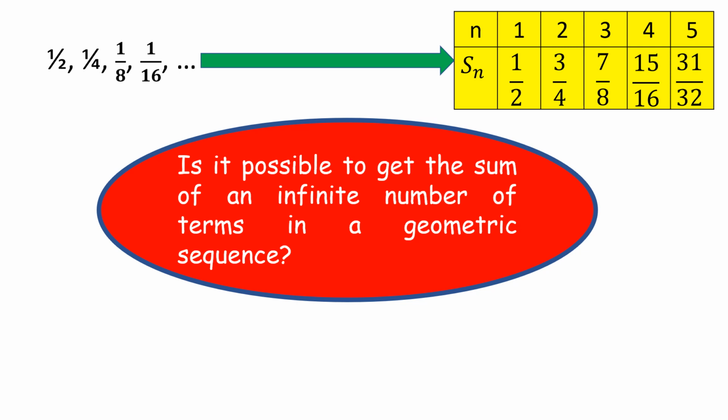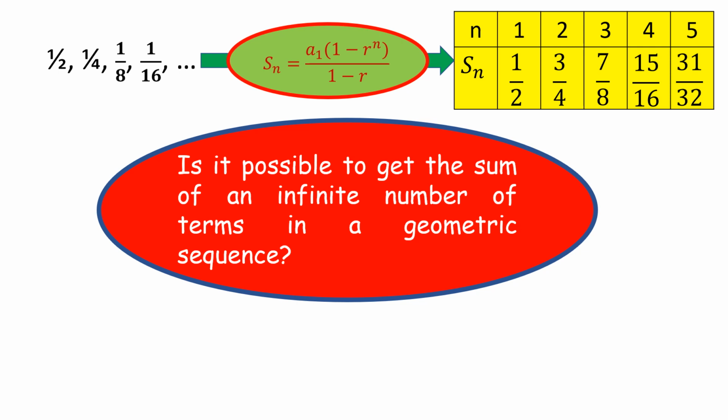The same process will also be applied to n is equal to 4 and n is equal to 5 to get their corresponding values of S sub n, which are 15/16 and 31/32 respectively from our table. All of these values in the table are solved through the use of the formula